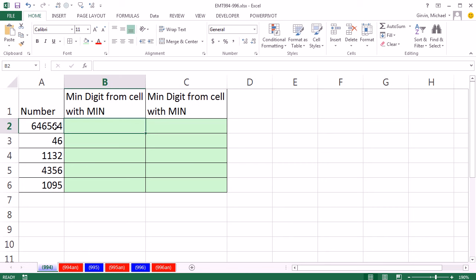In this video here we have a column of numbers, and we need to look through each one of the digits and find the min. So this should be a 4, this one should be a 4, this one should be a 1, this one should be a 0. Now, the first thing we're going to have to do is look at a formula element